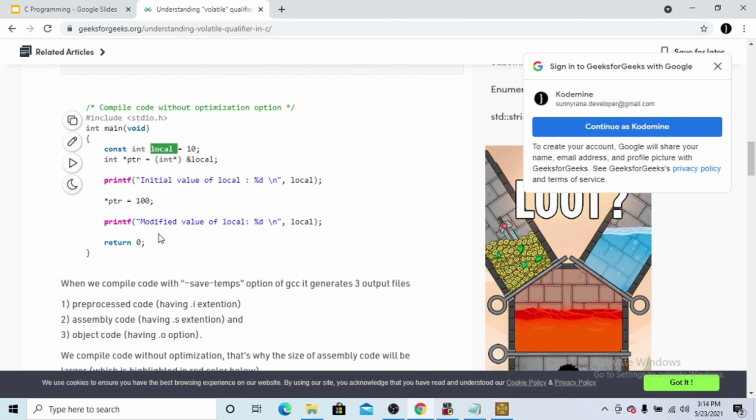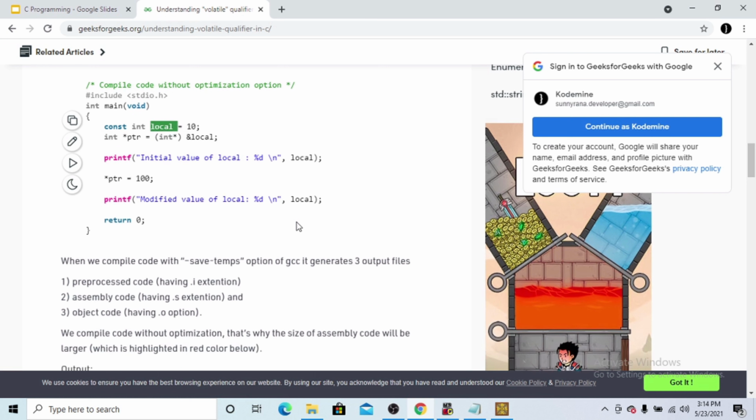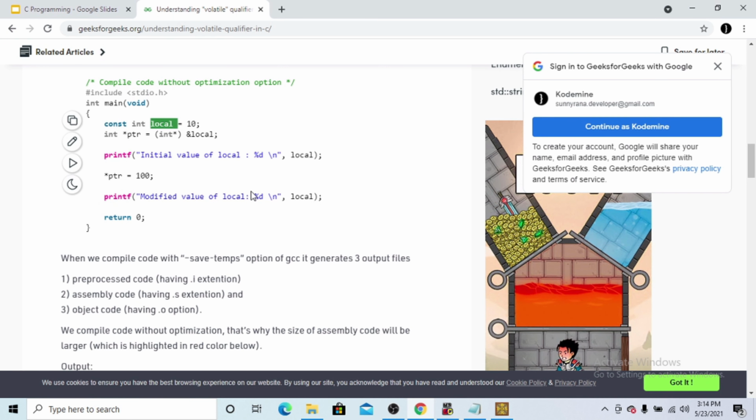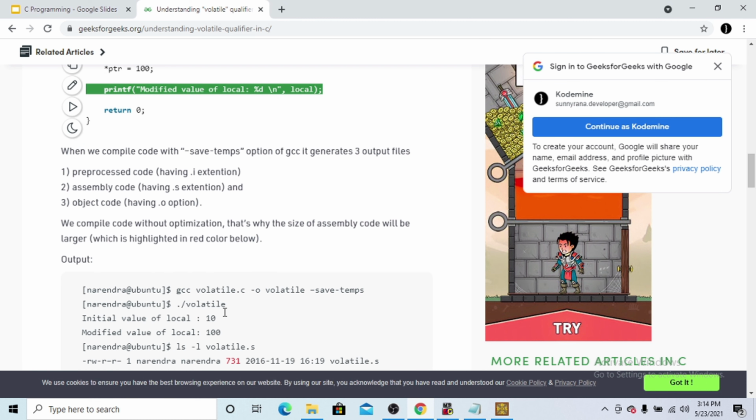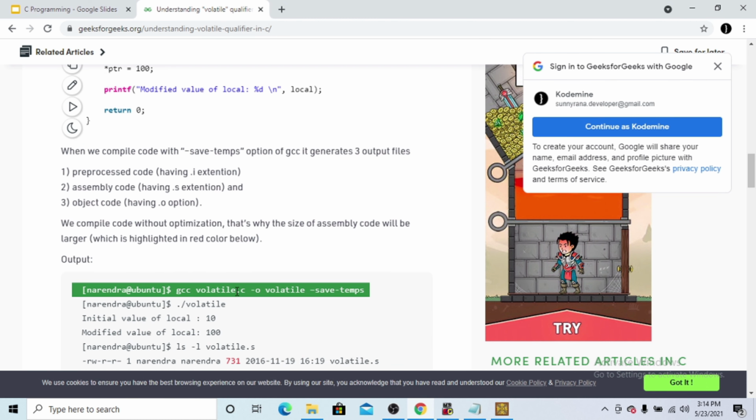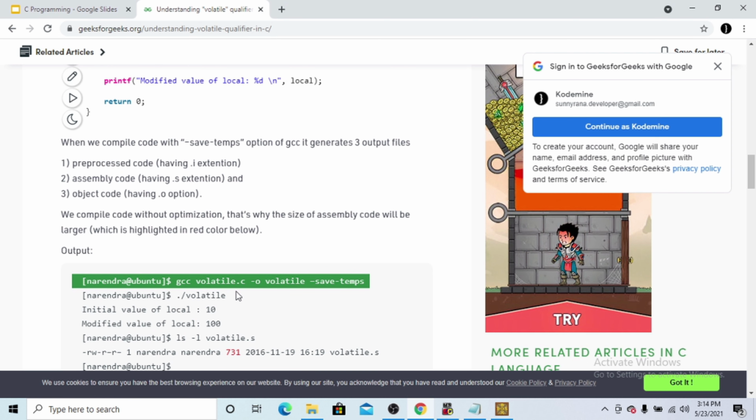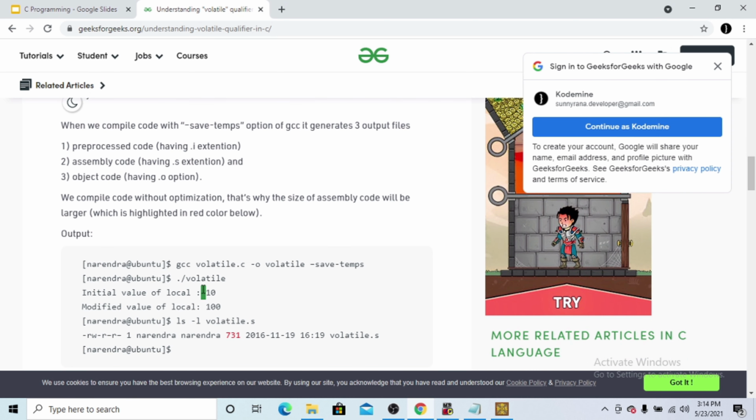Then we print the value of local after changing it. When we simply run this program, we see the output and the value has been modified. Why? Because we do not use any specific optimization flag, so it will simply behave normally.